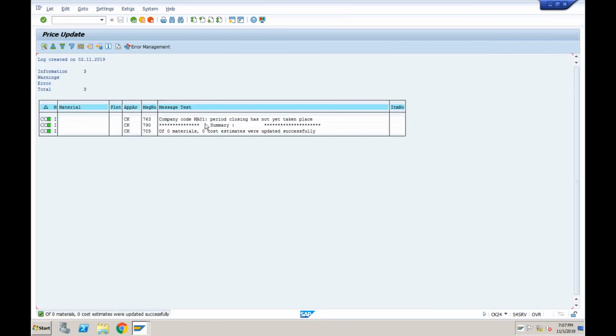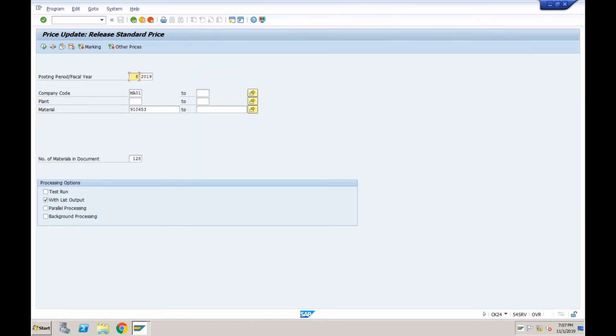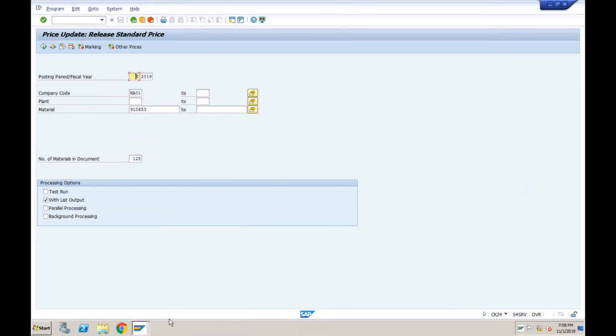Okay, so what it is saying, there is some error. Period closing has not yet taken place. Okay, why is it showing this error? Because we have still not performed the period end for this particular month. Okay, so what is going to happen? I'm not going into the period end closing because we will divert the topic. But what it will do is, once you execute this releasing part,